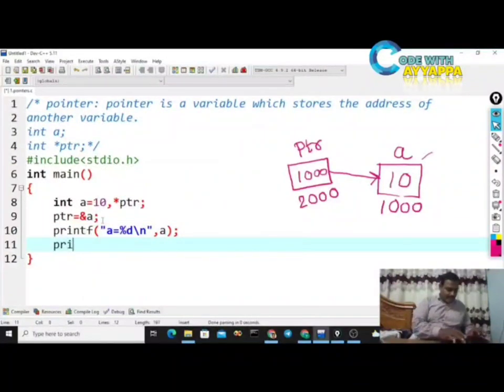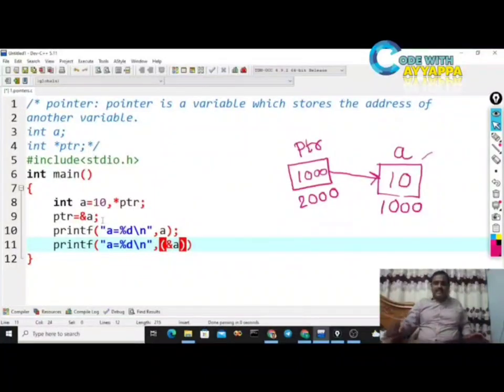Next, another way to print. printf("a = %d\n", *&a). What is the meaning of &a? &a means address. The address of a is 1000. &a means 1000.